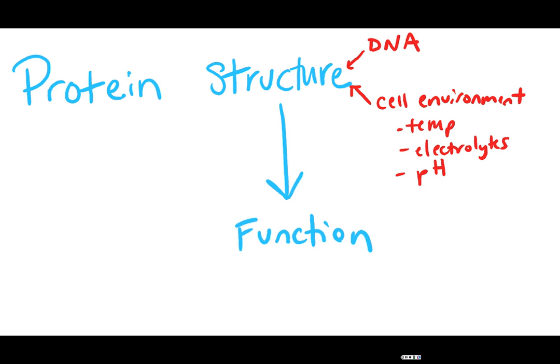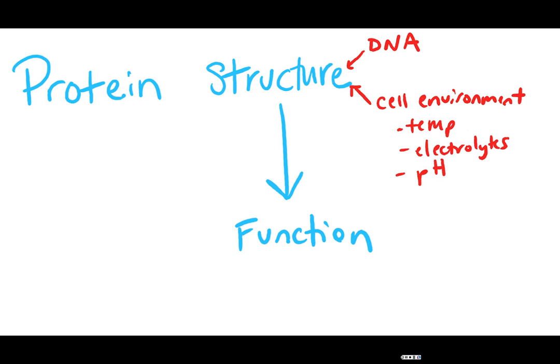Now, how is this protein structure determined by the cell? Well, number one is the DNA sequence. So we already talked about the DNA is that hereditary molecule. It's the information you're getting from your parents. And basically what the DNA molecule is telling your cells to do is how to make those proteins, the correct structure to those proteins so that they work correctly.